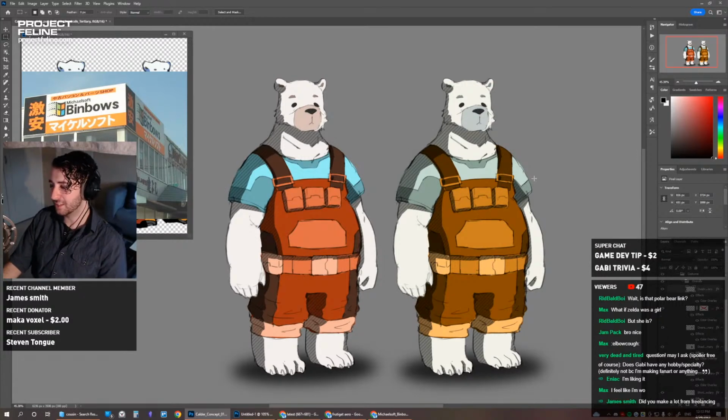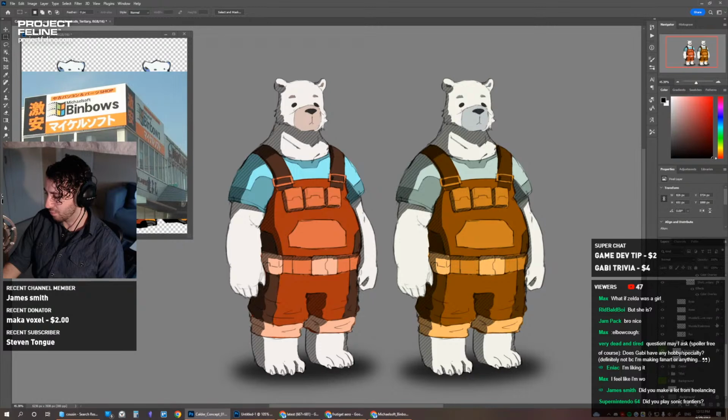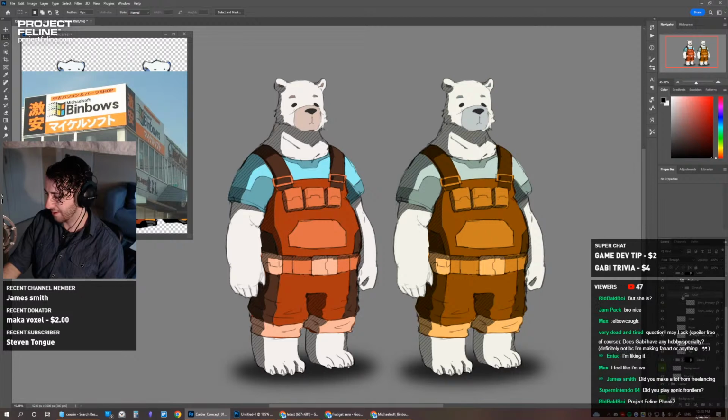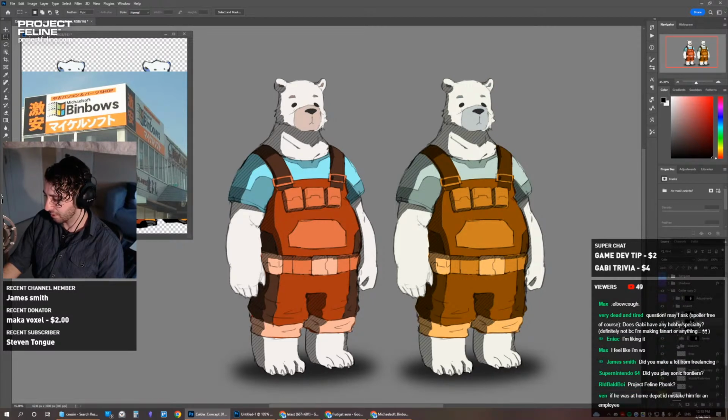So the values are not going to show the same color, but if we want, I don't know if this is a good idea, but we'll make the overalls brighter to make the orange stand out more, just to see how it looks. So I'll go to the costume.